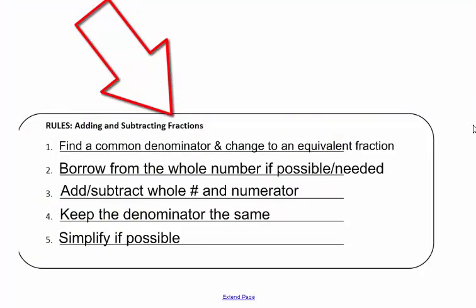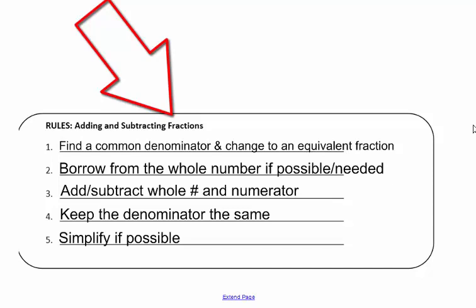These examples we have here are only fractions though. Decimals, just line the decimal up and do whatever you need to. In order to do this though, we're going to go down the rules first. Rule number one, you find a common denominator and change the fraction to an equivalent fraction so the denominators are